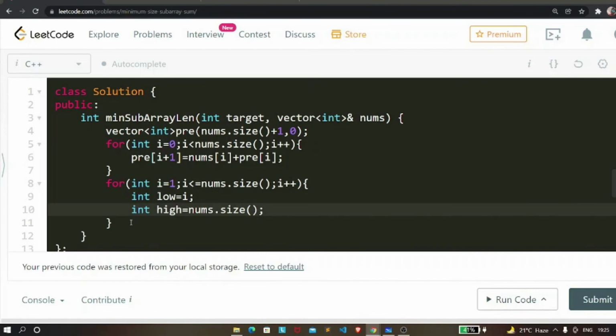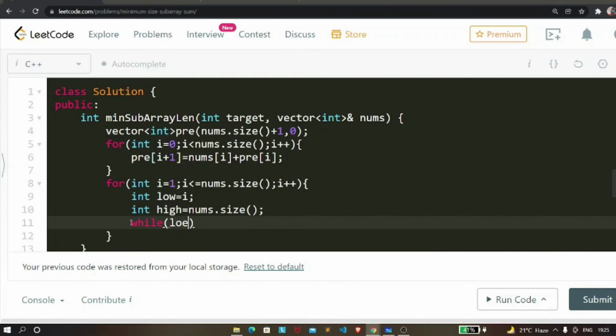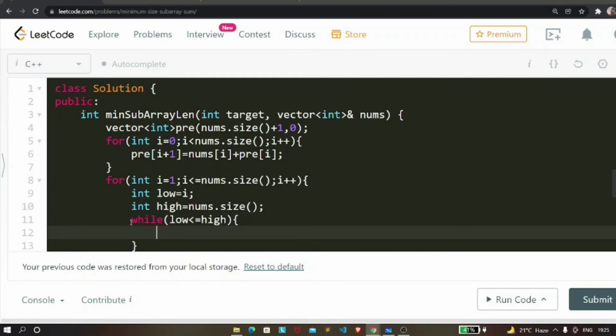Then we are going to have the while condition, which is low should be less than or equal to high. Then we have to find the mid, which will be nothing but low plus high by 2.